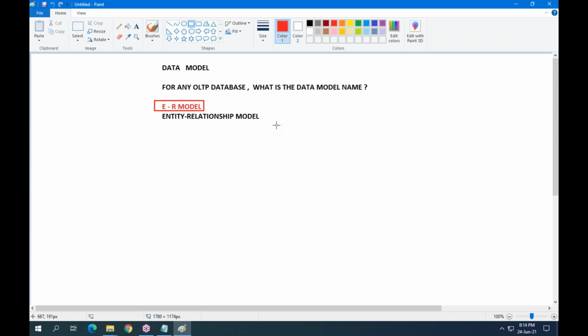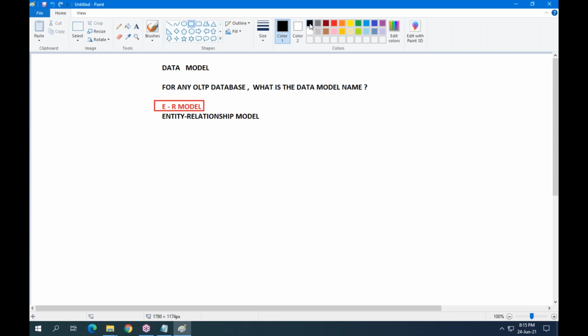Then what is the data model for a data warehouse? For a data warehouse, the data model is the dimensional model. Remember this point. No need to remember it permanently, but it is useful in the future.